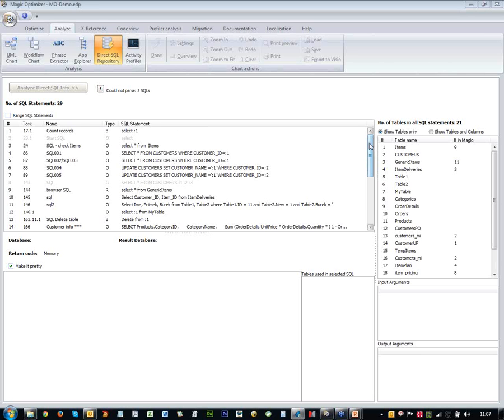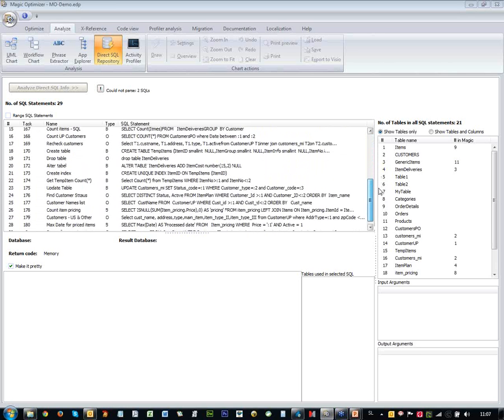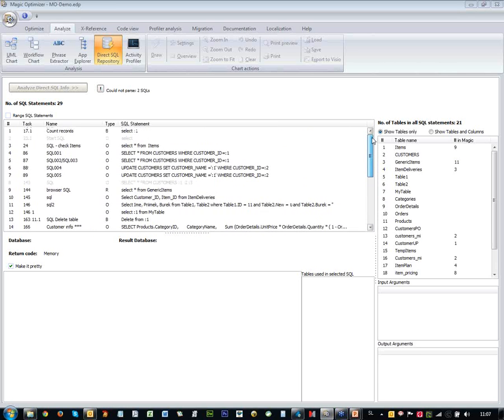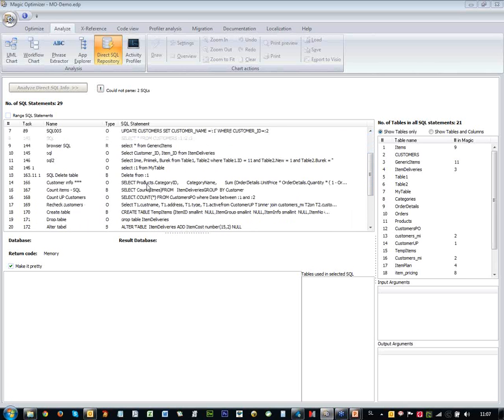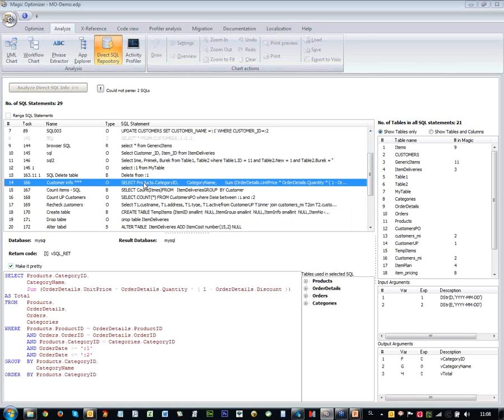This is the center screen. It lists all of this. So even if you have lots and lots of SQL statements, they're going to be all listed here. Now, when you select any of the SQL statements, it's going to show you all the information as you have in Magic. So we have input arguments, output arguments, the actual statement, database that it uses, whether it has a